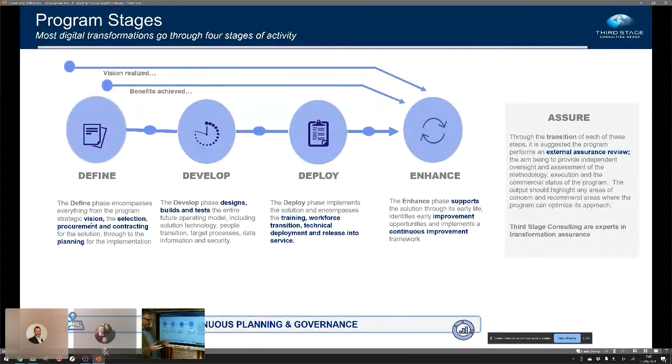But it's pretty obvious that defining what you want from the program, from the SI, from the tool, is the first thing. Then to construct it, to put and test it, to push it into production, and then to enhance it. A nice clever alliteration with my D's there, but every single SI will have pretty much the same methodology. It's pretty hard to invent something substantially different anyway.